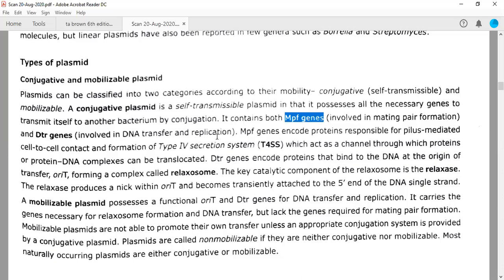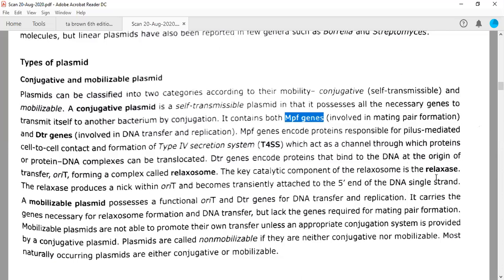Because before transferring the plasmid or the DNA from one bacterial cell into another, the bacteria also need to replicate this particular genome, right? So when these DTR genes encode proteins and these proteins bind to the DNA at the site of transfer, that is ORIT, this complex is called the relaxosome complex. The key catalytic component of the relaxosome is the relaxase enzyme, which produces a nick within ORIT